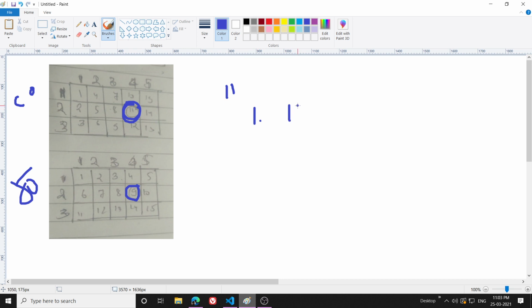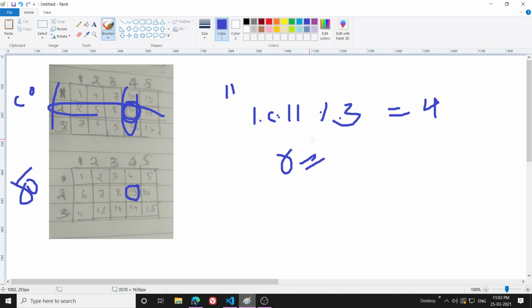Okay, so to get the location of 11, it is pretty simple. What I will do is divide 11. So I will have to get the column and the rows. To get the column, I will have to divide 11 by 3. So there are 3 rows, so 11 by 3 will give me 4. So it means that my 11 lies in the fourth column, and then I have to get the row. In case of row, the row will be second. Yes, second row.